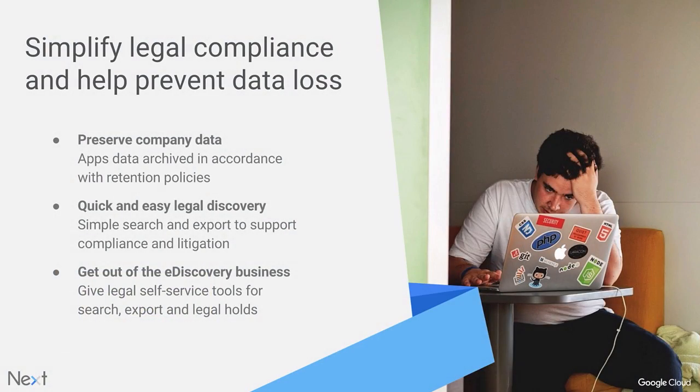So Google Vault is the e-discovery and compliance solution for G Suite. How does Vault do that? So Vault basically provides you two specific areas of functionality to allow you to have legal compliance and prevent data loss. Number one, through its retention policies, Vault allows you to control the specific data that you should keep in your environment and the data that you don't want to keep. And that